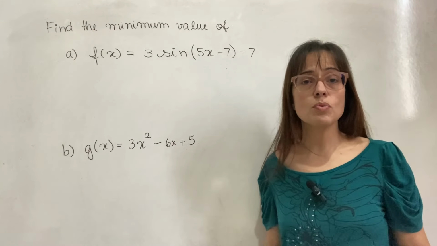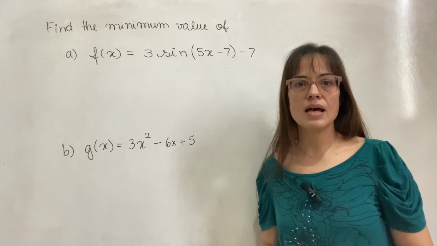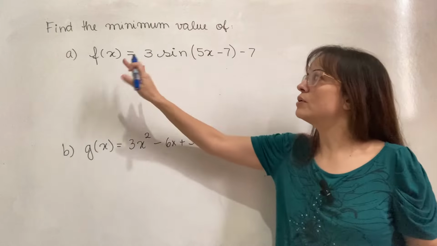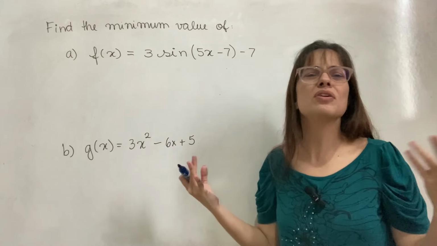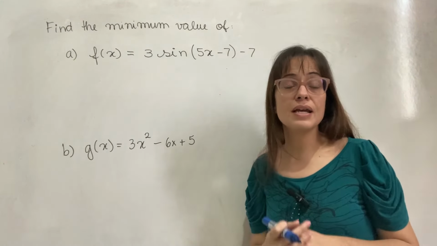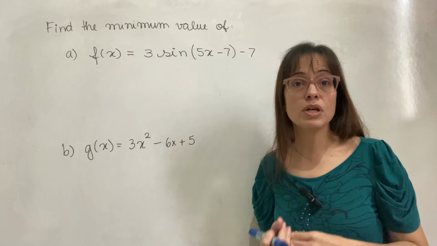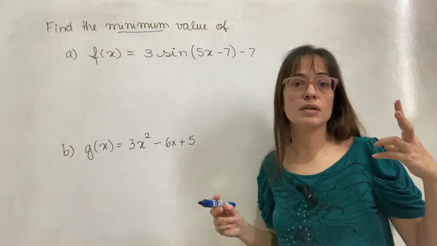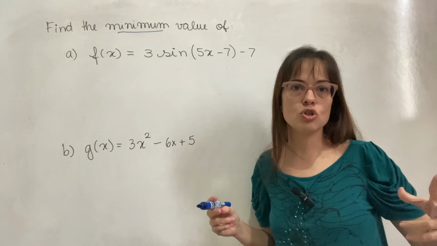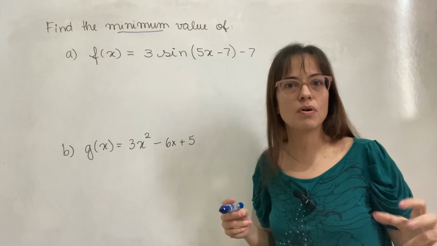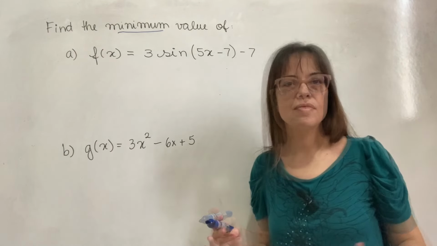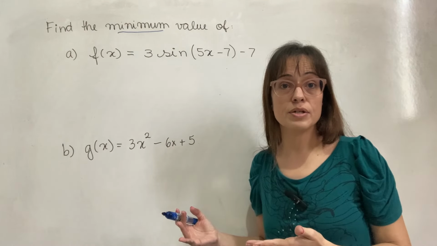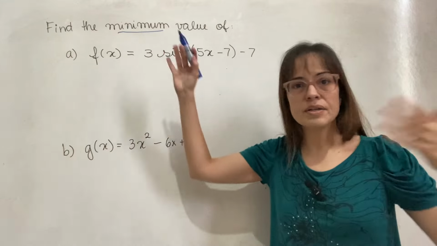So another thing that I want to point out is that sometimes in the middle of a larger question, you will need to find the minimum value of this trigonometric function. It could have been the maximum as well. And a lot of times, understandably, people get confused by seeing the word minimum, and their mind immediately goes to this must be an optimization problem, so I must find the derivative of the function and set it equal to 0. This is not wrong, but it's a lot more than the question requires,